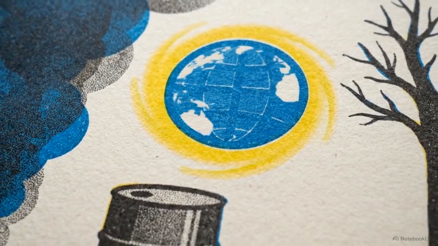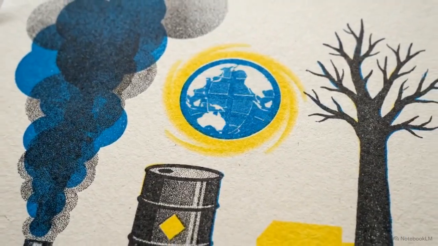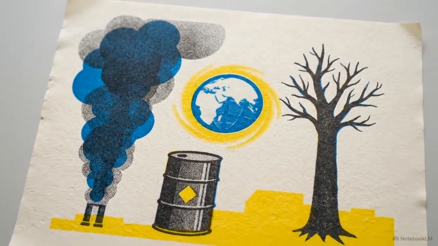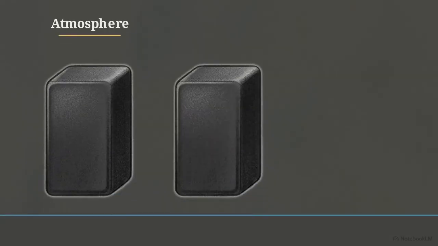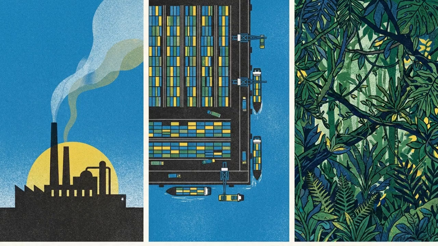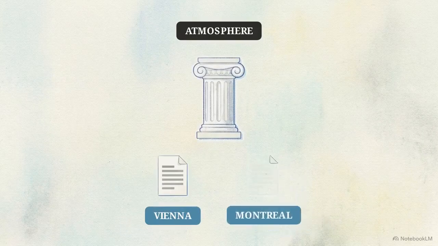Maintaining global environmental standards relies on 9 core international treaties, each designed to mitigate specific industrial and biological threats. These agreements are organized into 3 distinct pillars: atmosphere and climate, hazardous materials and weapons, and biodiversity. Categorizing these mandates distinguishes between the regulation of airborne emissions, the trade of toxic goods, and the active preservation of living habitats. The atmosphere pillar begins with the Vienna Convention and the Montreal Protocol.